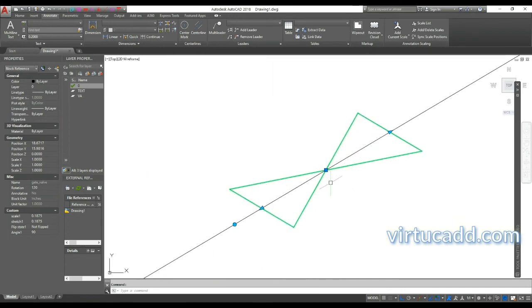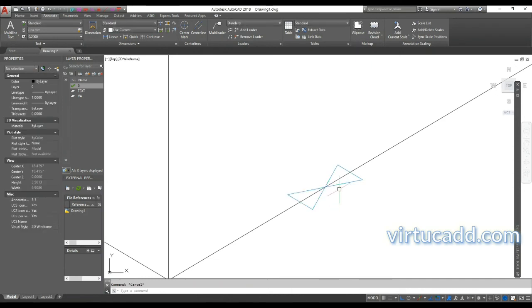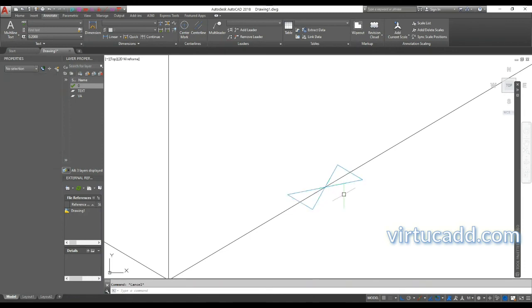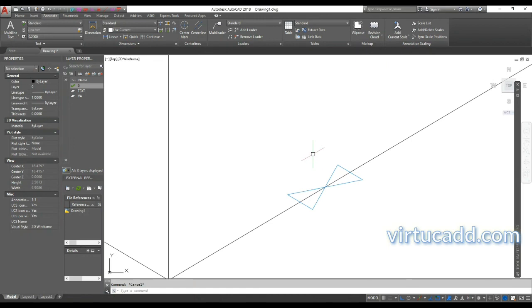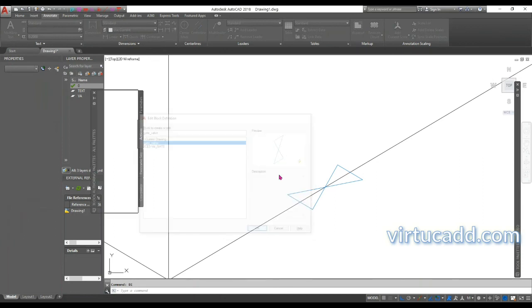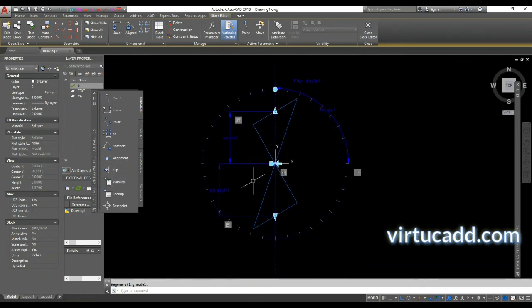Actually I feel that we should have the flip symbol somewhere here, right? Because this center point is our grip point. To pick this and move it somewhere, it becomes our grip point. So we will again redefine our flip symbol. Okay, so let's edit this block. Select this. Okay, and we want this flip symbol not in the center, but somewhere else.